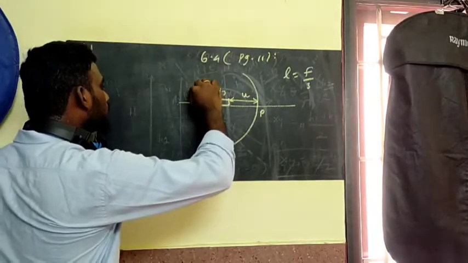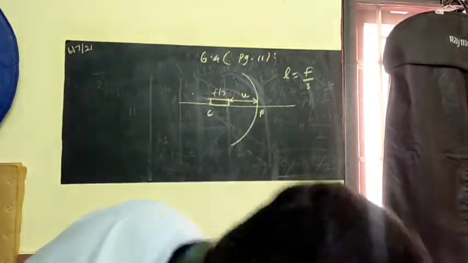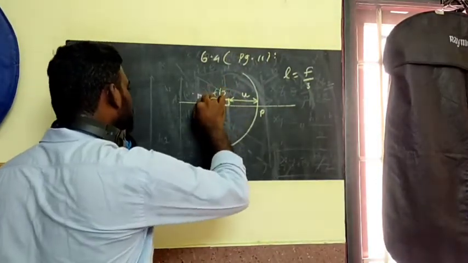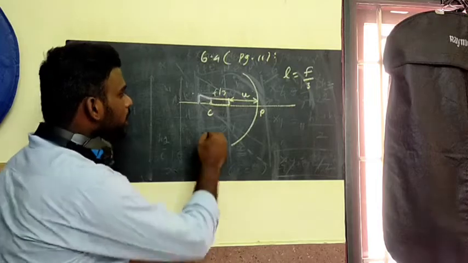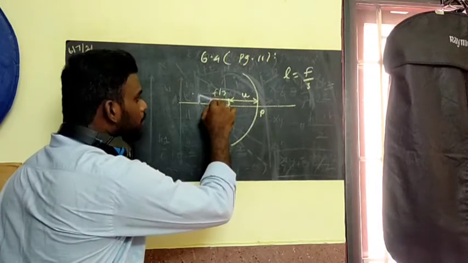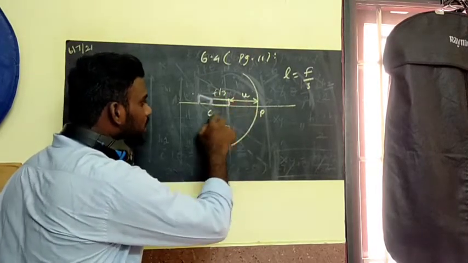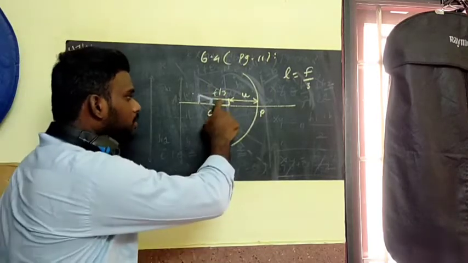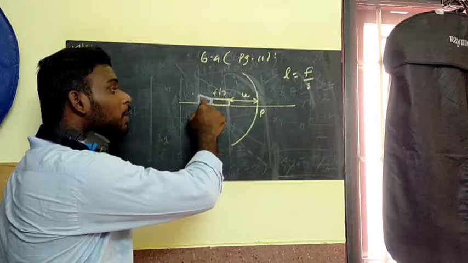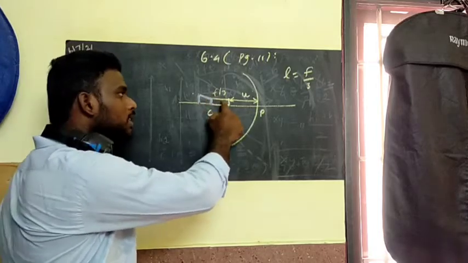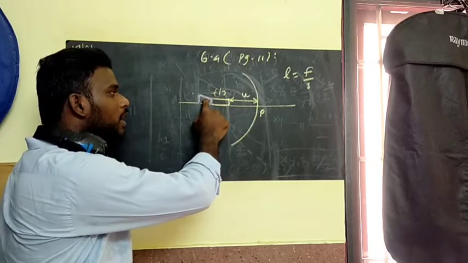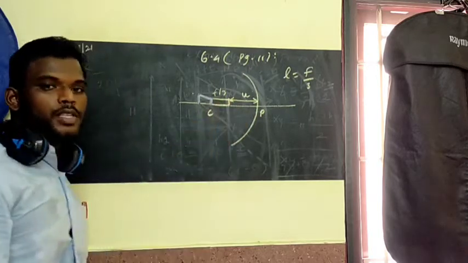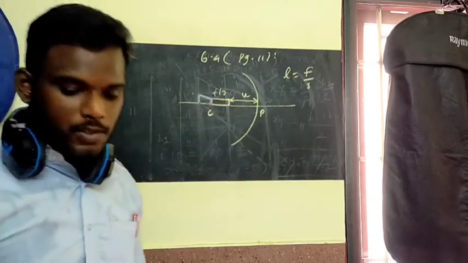I can draw this with another color. This will be the image. You can see that the image boundary just touches the object boundary. This is called the rod. This is the image of the rod, and you can see that the image of the rod just touches the original rod, the object. Is that clear?